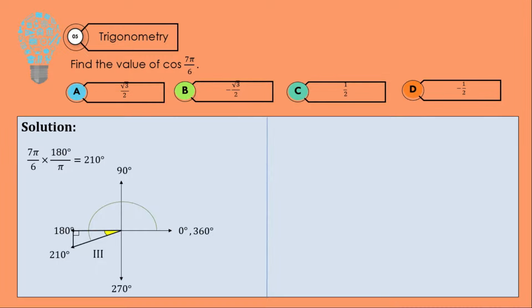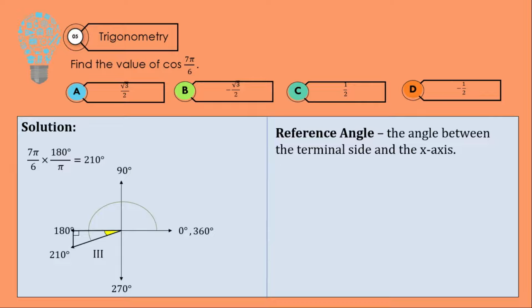The next thing we need to do is to find the reference angle, which is the angle between the terminal side and the x-axis. Our terminal side is the side that defines the angle, and our x-axis is the negative axis, so we'll have 180 degrees. To find the reference angle, let's subtract 210 by 180, we'll have 30 degrees. Now, 30 degrees is a standard angle, and we could determine its trigonometric value either using the unit circle or